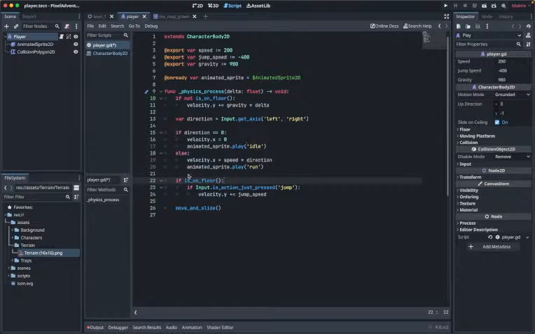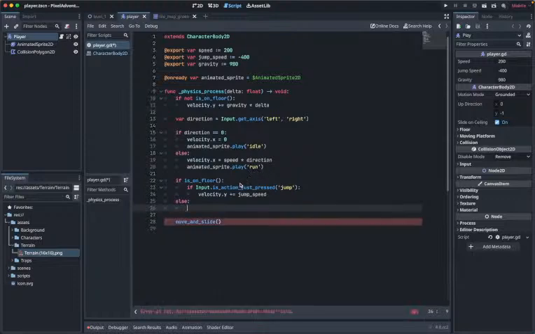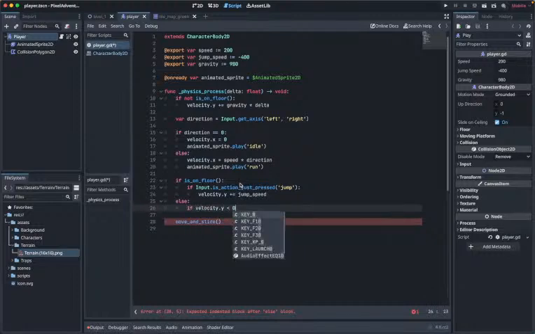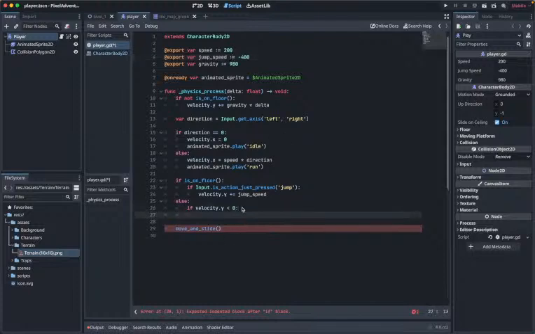Okay. If it is on the floor, then else. If it is not on the floor, then only we will play those animations. If velocity.y is less than zero, this means we are going up. Here, see, for example, speed is negative. This means if we are going up, what we'll do is play the animated sprite